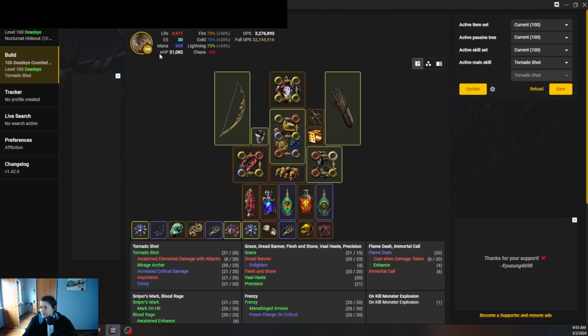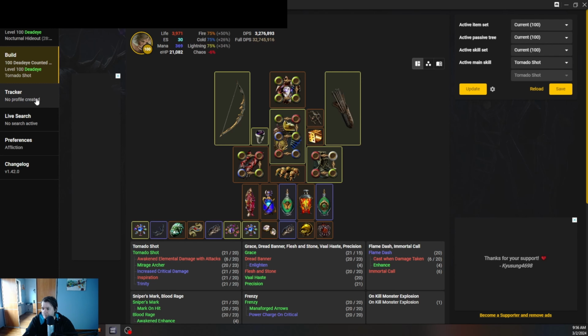And this is the build, how the build looks. For me, I have a couple of things with magic find, this one and this one, so my DPS is quite lower, but I can go up to 50 millions if I want to. And this is how it will look like. It's copying from Path of Building, so if you are setting your DPS there, then it will be copied based on what you set in Path of Building. If you have a simple build, then it might be enough just to copy and not use any other upgrades in Path of Building. Those are the resists, of course, the